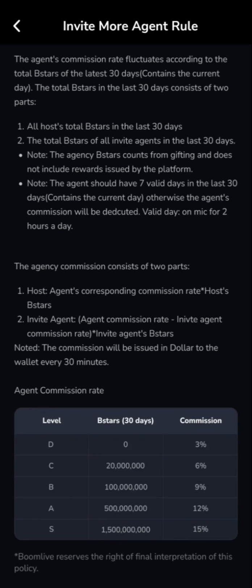Most recent 7 days, right? For the video host, it is written there "most recent 7 days" under the B stars they have earned, which means the B stars they will see there are according to the B stars they have earned in the most recent 7 days. Likewise, here, the B stars that you are going to be seeing are the B stars that either the host in your agency or the sub agents that you have invited to the platform have earned in the last 30 days or in the most recent 7 days, which includes today,